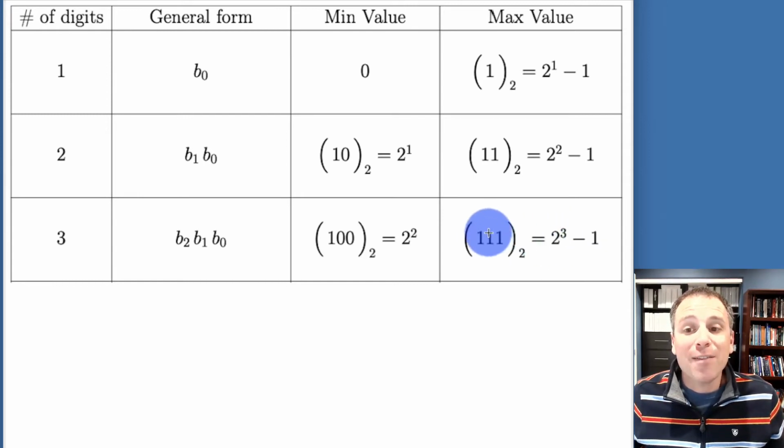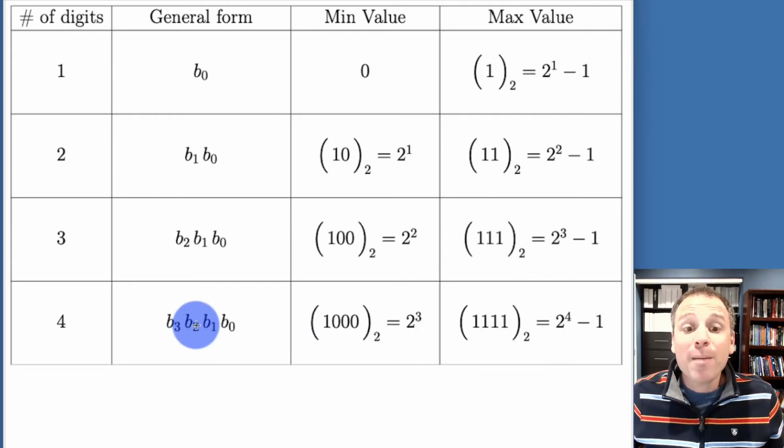8 minus 1 is 7, and that's exactly what we see here. If we think about the 4-bit scenario, if I want to capture which numbers are expressed using 4 bits, here are 4 bits: B3, B2, B1, B0. The first number that we would need 4 bits to encode would be the binary number 1, 0, 0, 0. So B3 has a 1, all other ones are 0, but remember B3 is associated with 2 to the third power. 2 to the third power is 8. So the first integer that we need 4 bits to encode is the number 8.